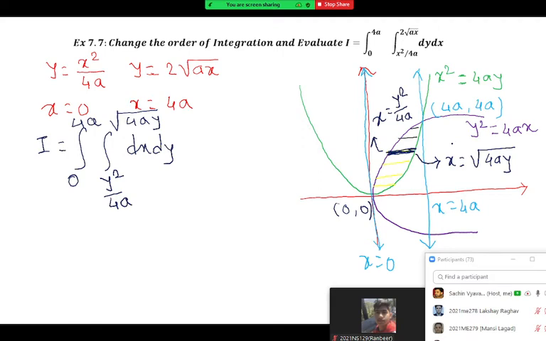You can tell me the answer. This is one of the simple ones, and whenever the integrand is 1, indirectly we are calculating the area of that shaded region. This is an example of the area of a shaded region. We'll come to the application at the end. Integral of dx is x, and if we put upper limit minus lower limit, we'll get this one.